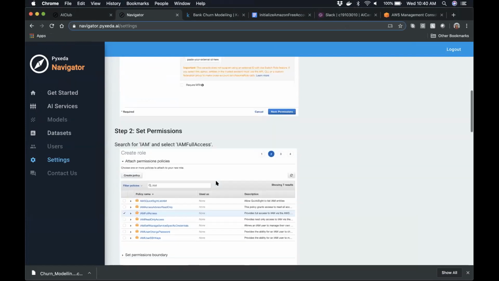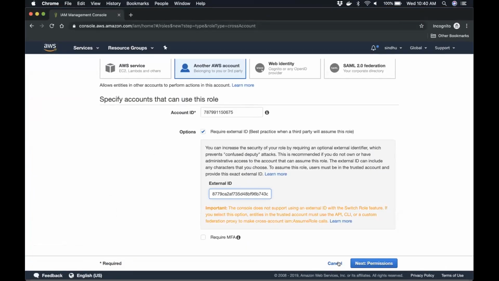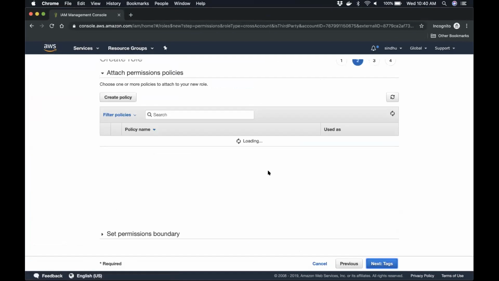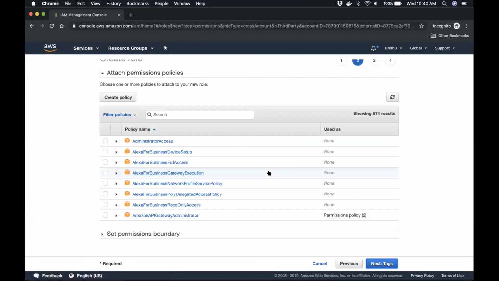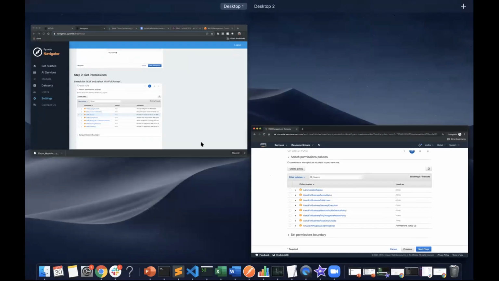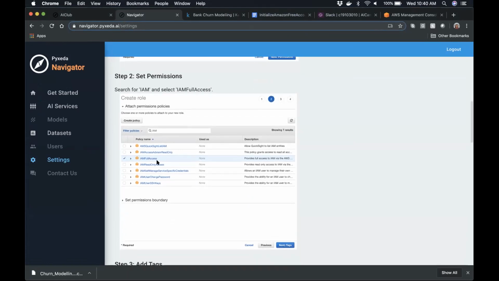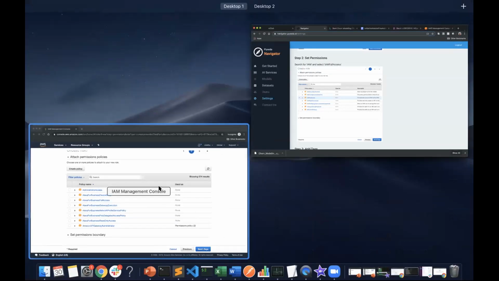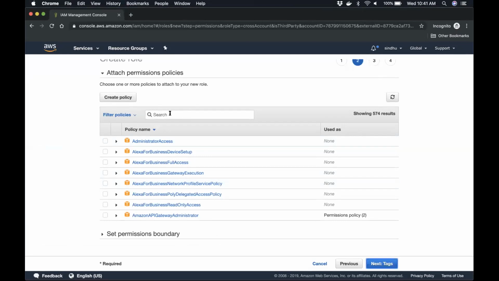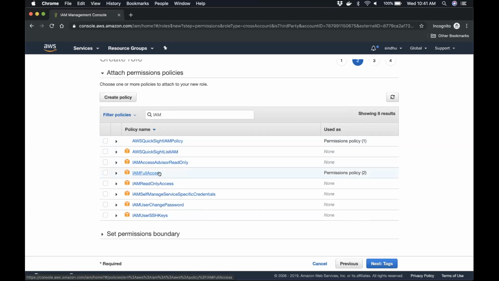So that was step one, right? I'm going to show you how it manifests here. Okay, so this is where you get after you finish step one. Now here, you need to type IAM in the filter policies. That will make sure that IAM full access pops up for you. So I'm going to show that live over here. I go to the search bar and I click IAM. And as you can see, IAM full access has popped up over here. So I'm going to